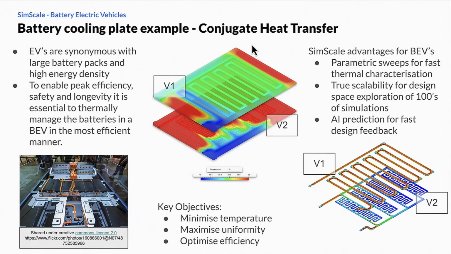So the main goals in our sense are going to be minimize the temperature of the cooling plate, thus wicking away the most amount of energy from those battery packs as possible. Maximizing the uniformity of those cooling plates. We don't want some batteries to be at higher temperatures than others and operating at different efficiencies. Also, we want to optimize the cooling efficiency. By that, we mean we don't want to have a pump that's as big as the car just to pump the coolant through the channels. We need to also make it easy to cool as well.